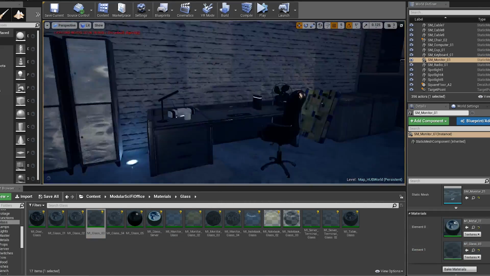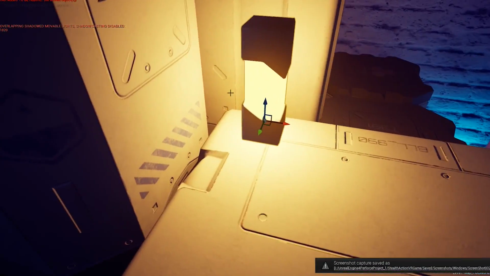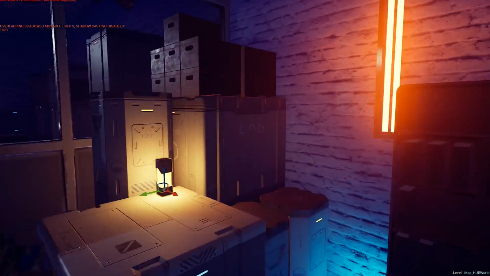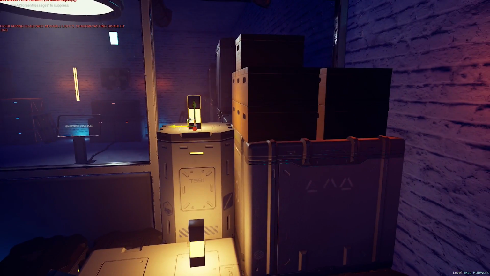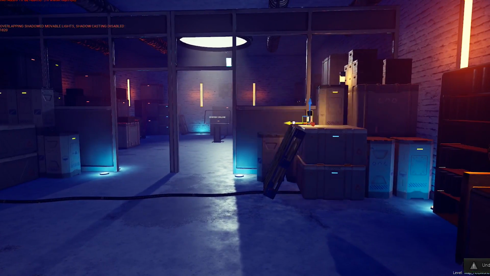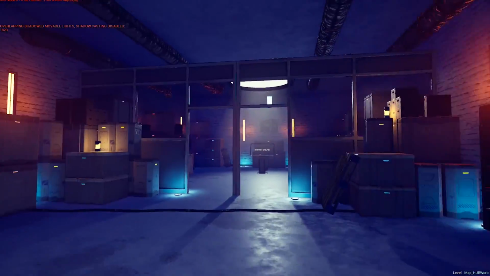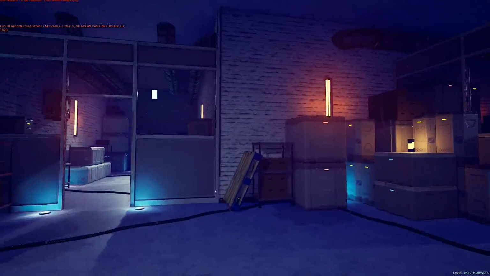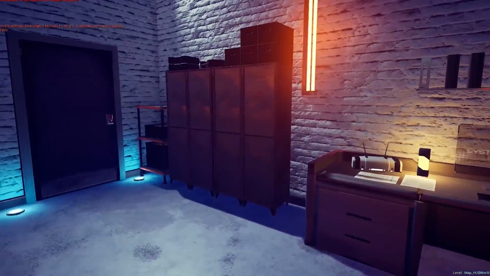So when it comes to the Intel room, we have the computers that you'll be able to access. They have a light next to it, and that's to draw the player's attention. All of the objects are intentionally placed on the outskirts, on the walls of the level. This way the player has a very clear path from this room to the weapons room or to the mission room. I didn't want anything to get in the player's way or bother them. You want to easily navigate a space.